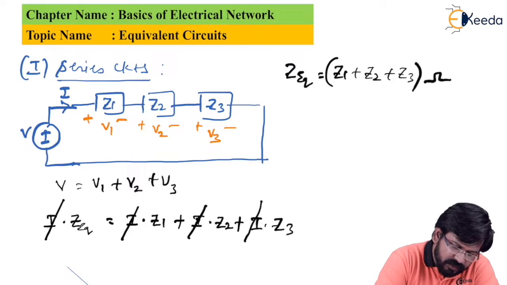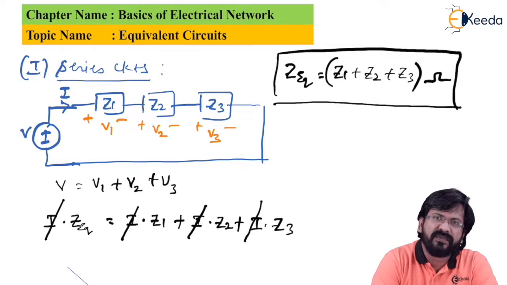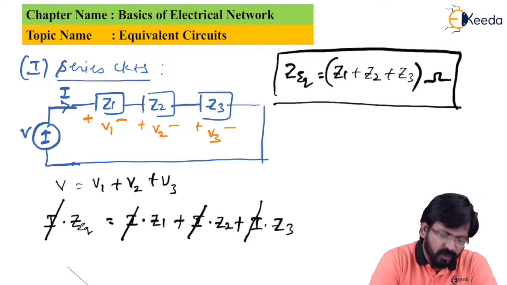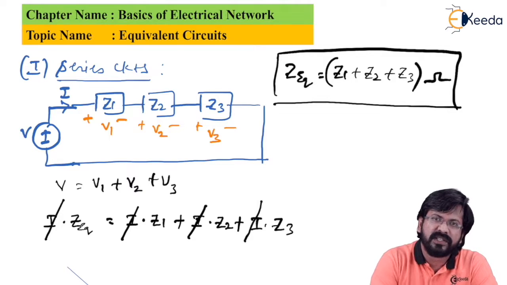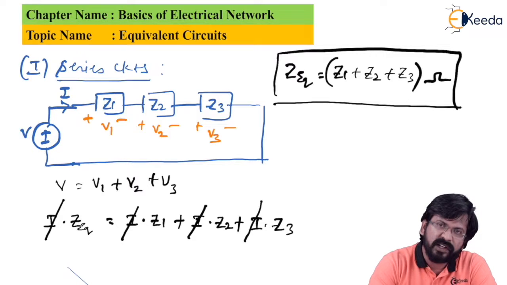The unit is ohms. So what I can conclude is, whenever impedance is connected in series, the effective impedance is always an algebraic addition of all. So let's say if we would have one more element, let's say Z4, then Z equivalent would be Z1 plus Z2 plus Z3 plus Z4 and so on. So with this, we can go further and start exploring series circuits.